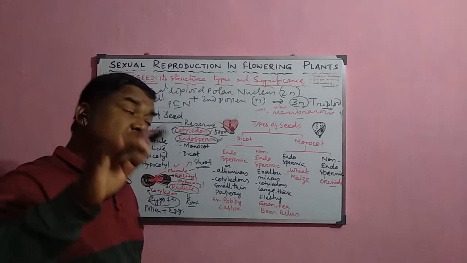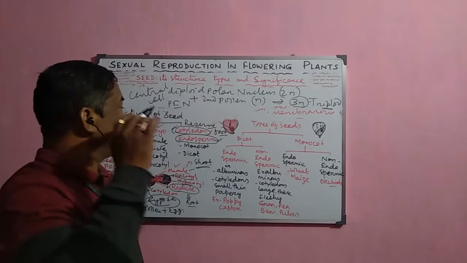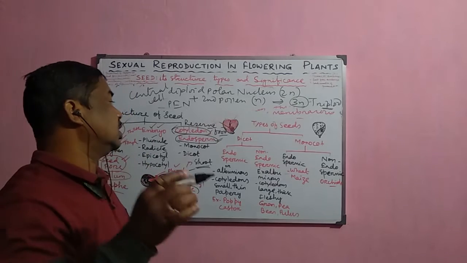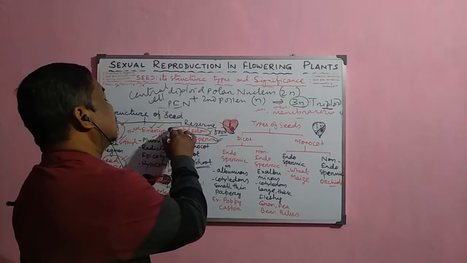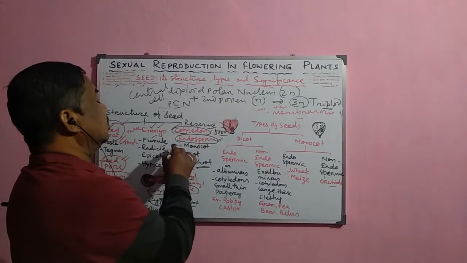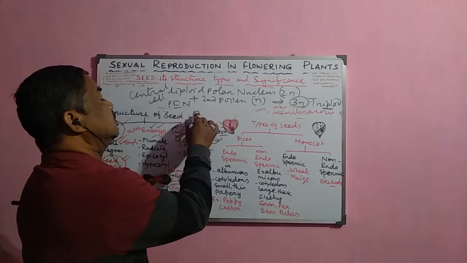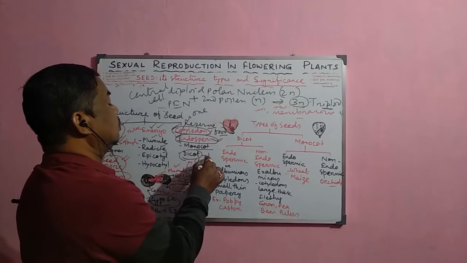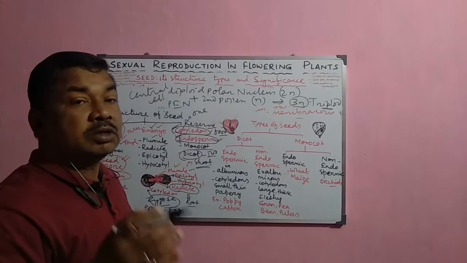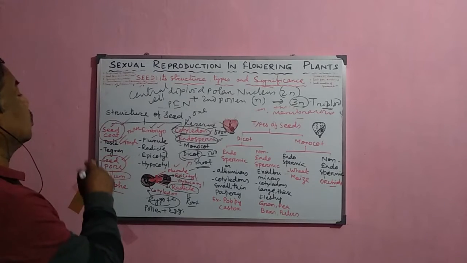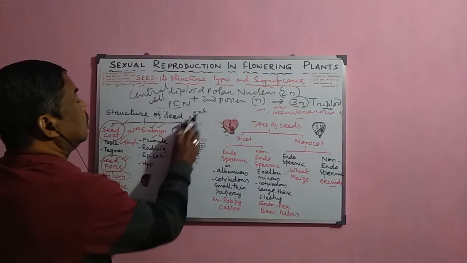development always precedes the embryo development, because before the development of the embryo, the reserve food material must be ensured so that it will get sufficient food for its development. Sometimes it converts into the cotyledon form, and sometimes it remains in the endospermic form. Now in the case of monocot, only one cotyledon is there, and in the case of dicot, there are two cotyledons. So that is why these reserve food materials are there inside the seed. These are the most important components of the seed, because these are the main components or the structure of the seed.